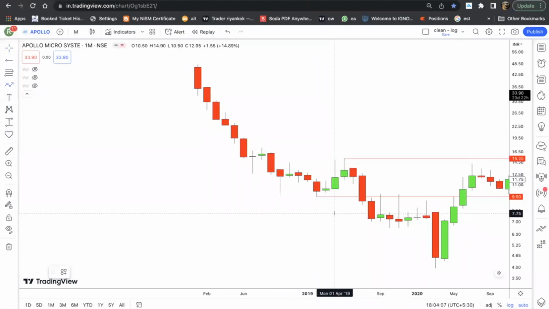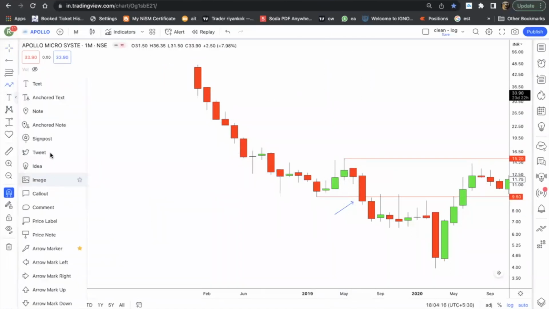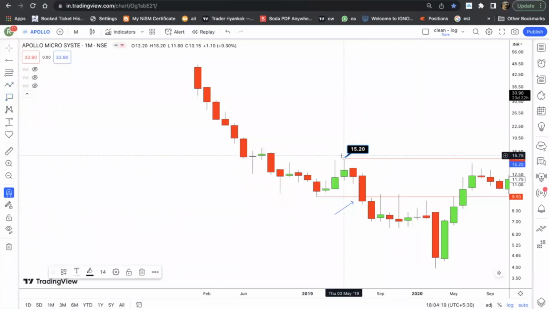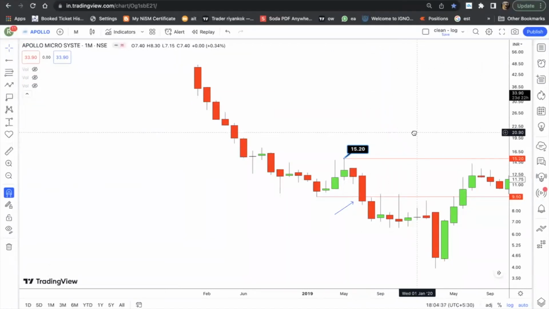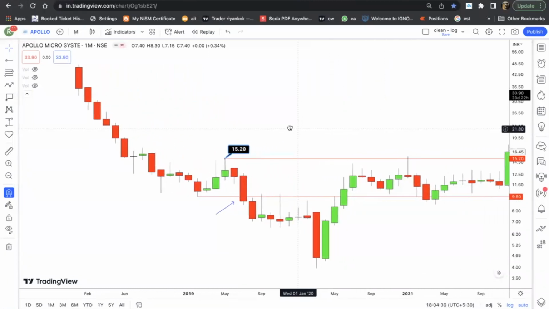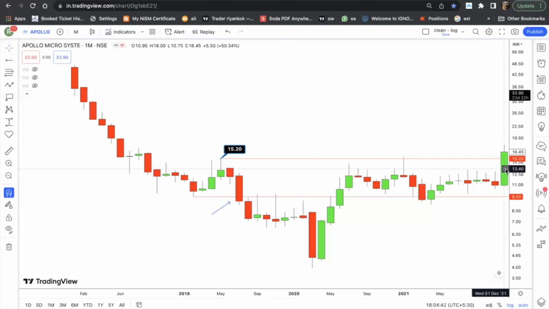And then the stock gave me a breakdown below this level, which means it was in the identified downtrend. Now, the longest downtrend reversal pattern will be activated once the stock closes above the level of 15 rupee 20 paise. Okay, which was 150.20 by the way. It was 150 rupees 20 paise. Now the stock is trading after the split, so that is why it is showing as 15 rupee 20 paise. So once the closing happens at 15 rupee 20 paise, this breakout longest downtrend reversal will be activated, and this is what it looked like back then. Yeah, here, right here, the breakout was activated. Now it is 16.45 on closing of this candle, which was around 164 back then.